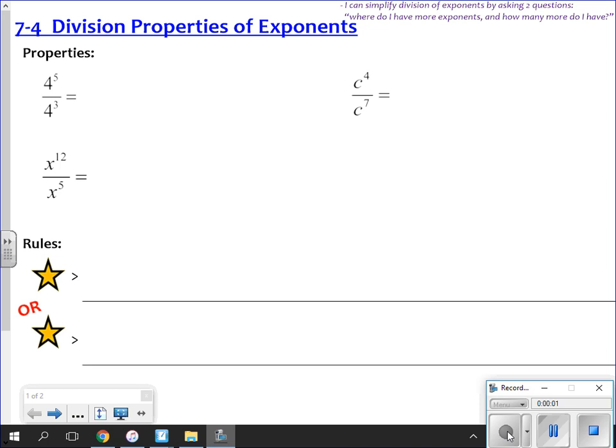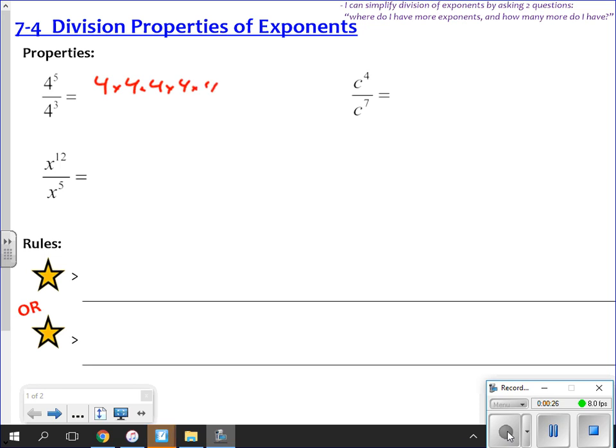So this is the last of the properties that we have for exponents. We're going to cover them today, the last two. The main one we're dealing with is division. So if I have 4 to the 5th over 4 cubed, that's 4 times itself